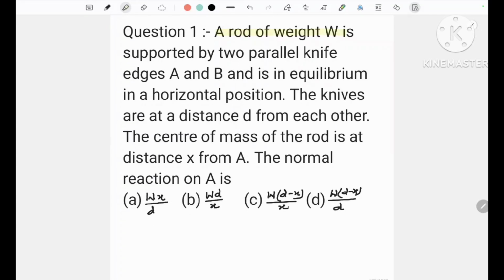A rod of weight W is supported by two parallel knife edges A and B and is in equilibrium in horizontal position. The knives are at distance d from each other. The center of mass of rod is at distance x from A. The normal reaction on A is,